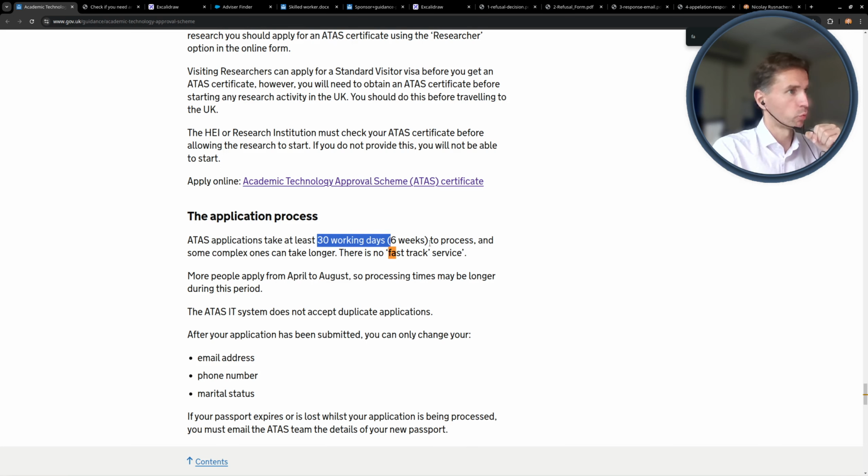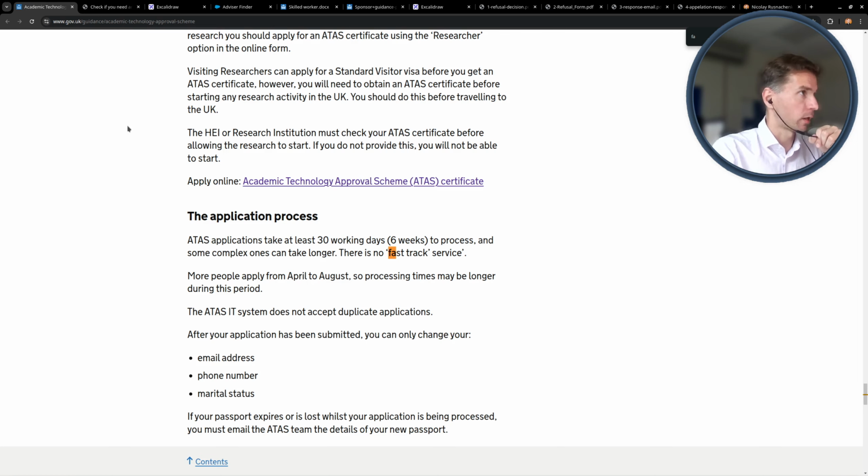According to reviews on the internet, due to the relatively large number of applications the department receives, you might expect it to take definitely more days than mentioned on the website. And last but not least, if you want to find out more information about the decision, you won't be able to. In short, there's no option to find out why the decision was made one way or the other.